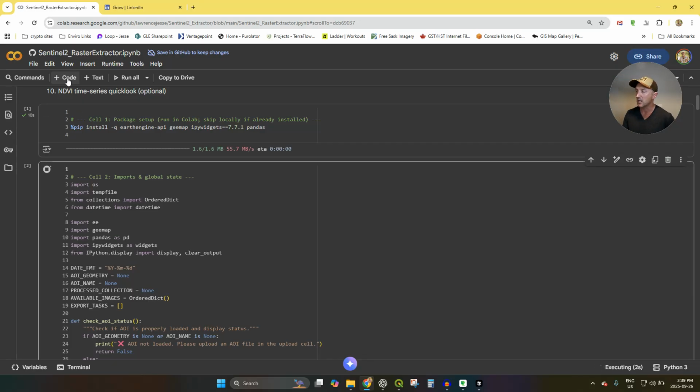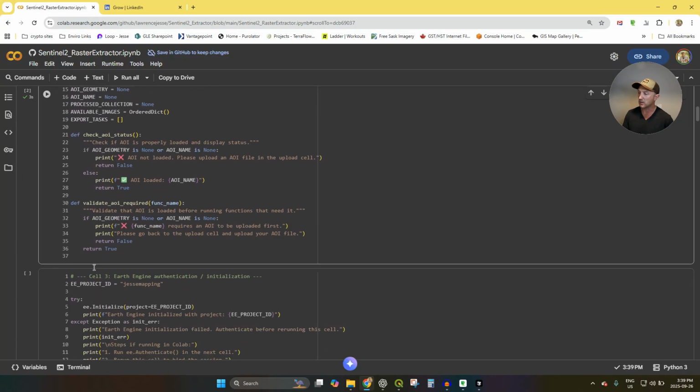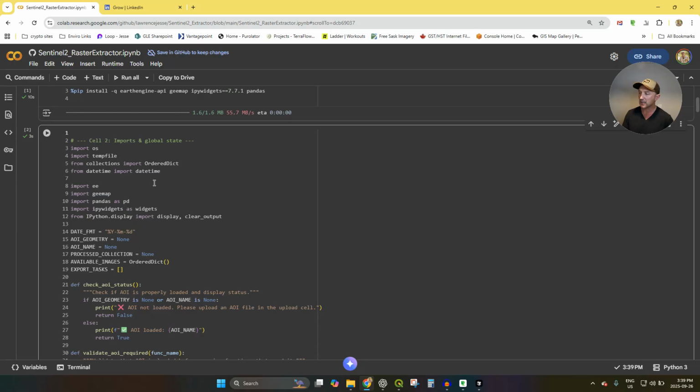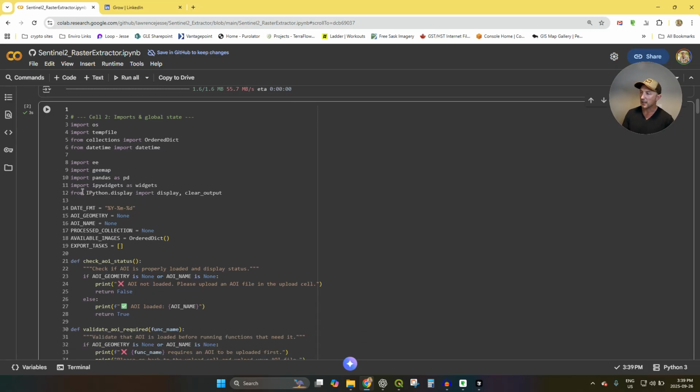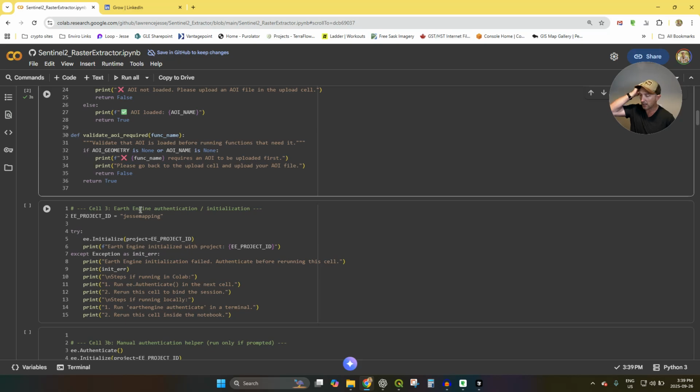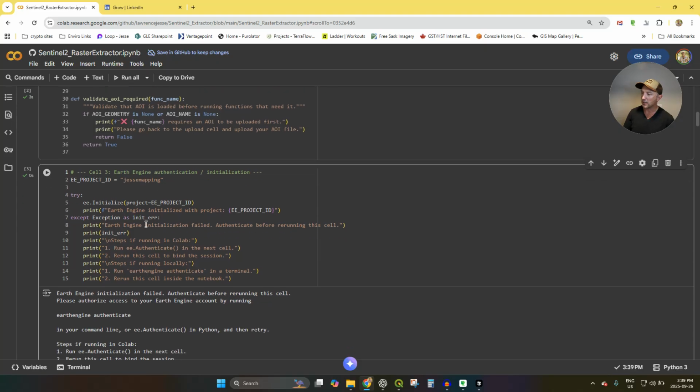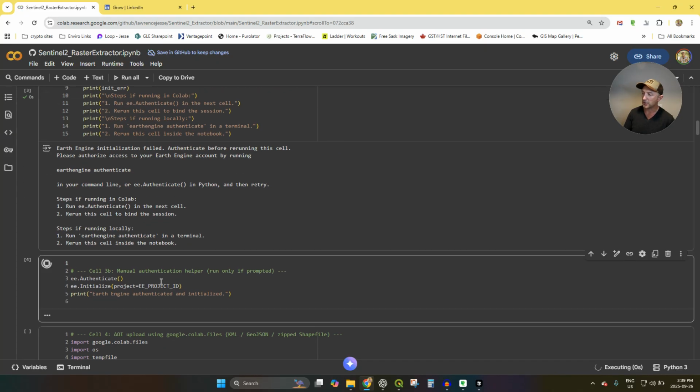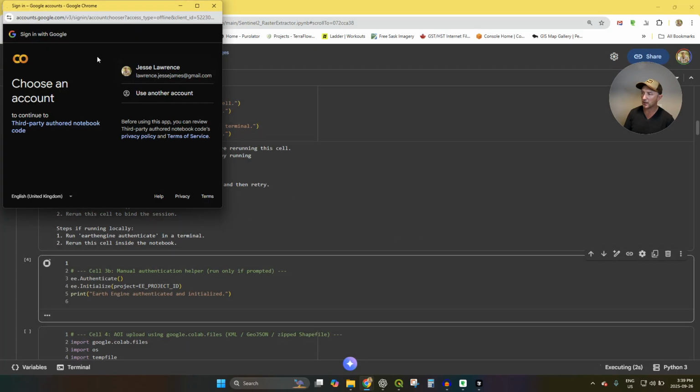This is a public GitHub repo I'll share a link to. So you just click these cells and it runs them. So this is like importing Earth Engine. This one here is just set up to use my own mapping. You need an Earth Engine mapping project in order to do it. So you'll